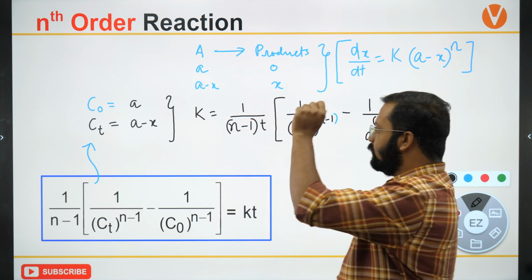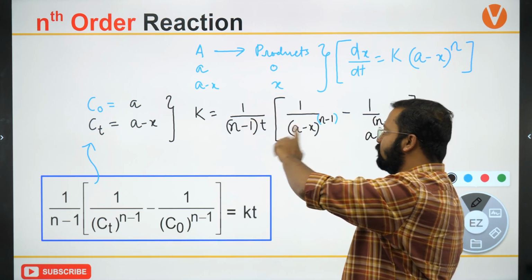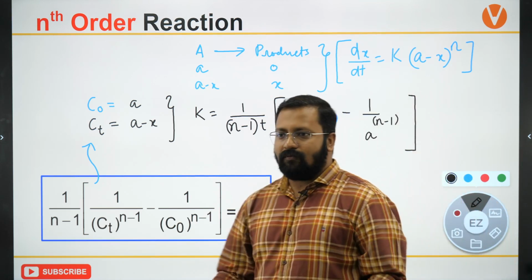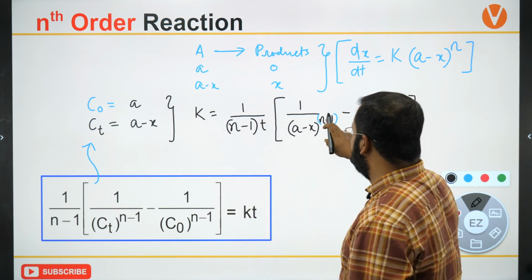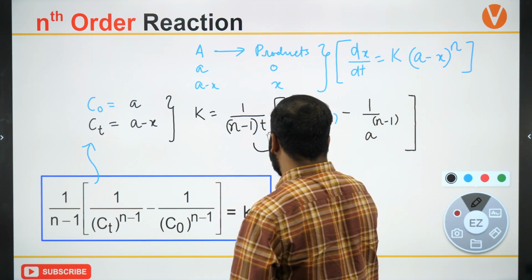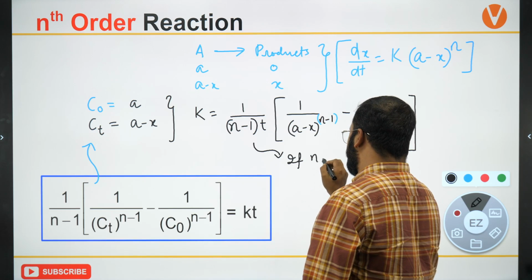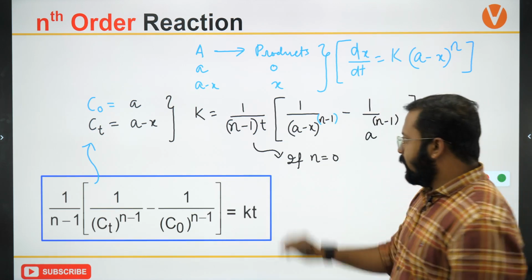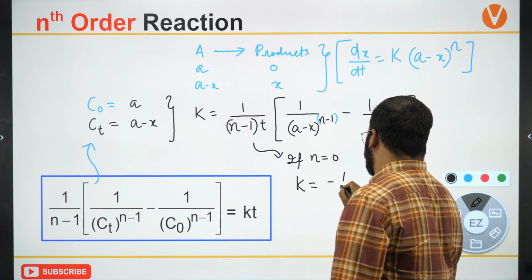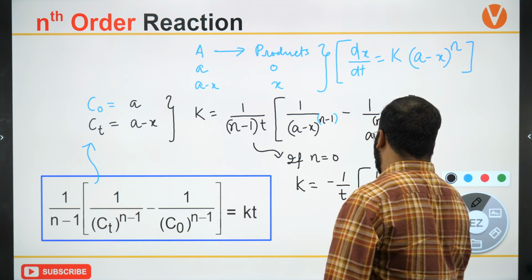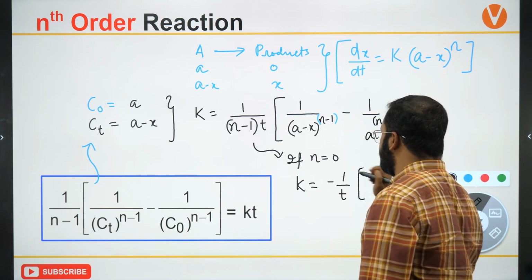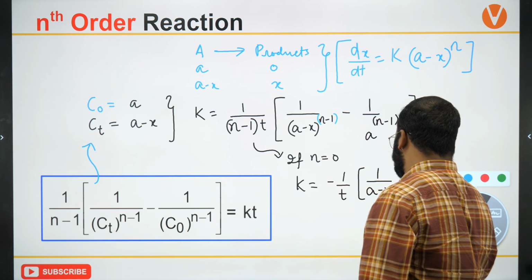Now can you tell me, this expression for rate constant is not valid for which type of reaction? Suppose I put n over here as 0, then this will become minus 1 upon t. If I place n as equal to 0, what will it become? K will be equal to minus 1 upon t, times 1 by a minus x to the power n minus 1, which is 0 minus 1, so 1 by a minus x to the power minus 1,